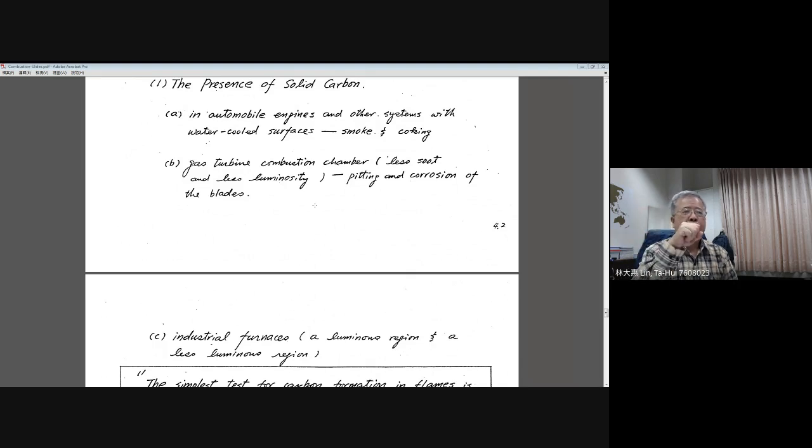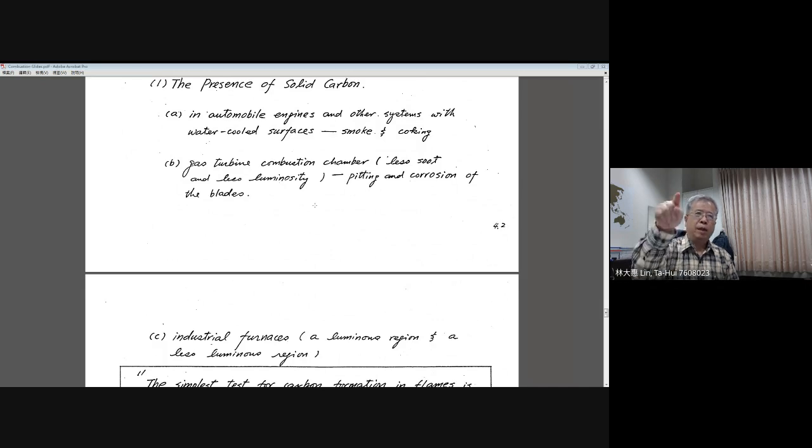And if you have small particles, since the flow velocity is very high, even tiny particles have a very severe momentum. If you carry those very tiny particles into the gas turbine, they are just like a bullet, and